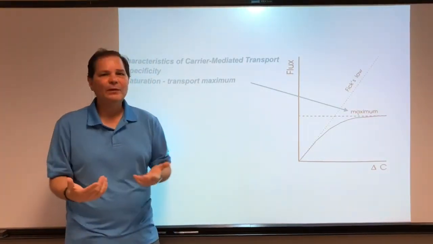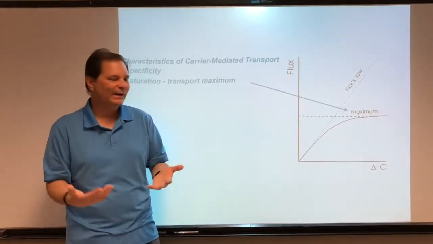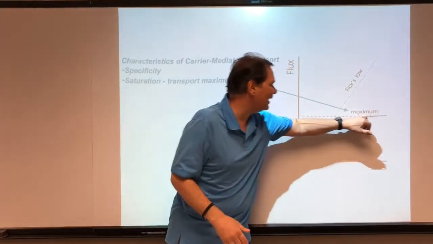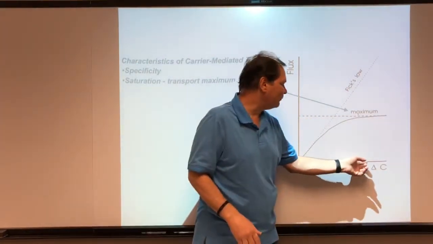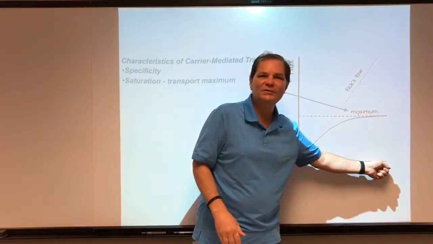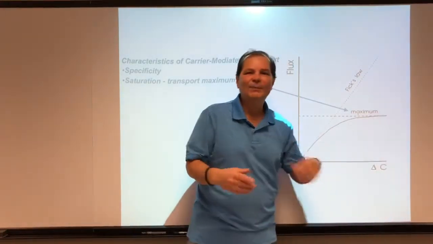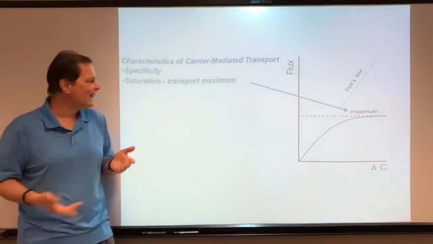When that happens, we say we've gotten to the Vmax, or the transport maximum, which is this dashed line here. And the transport maximum means that I can increase the concentration difference all I want. I can't get beyond that maximum. And that has